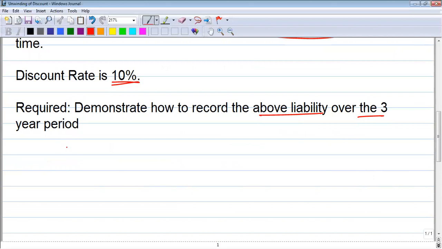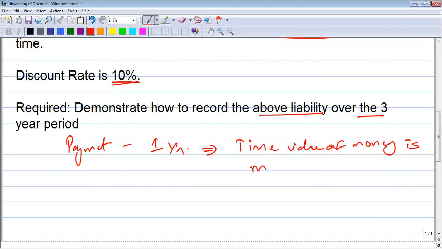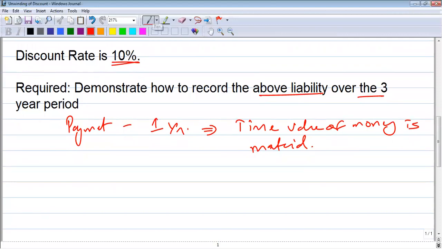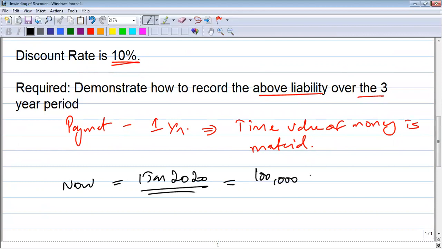First of all, usually whenever the payment is after 1 year, the concept of time value of money becomes material. The concept of time value of money becomes material whenever the payment is to be made after 1 year. It can even be less than 1 year that the time value may become material, but usually it's 1 year. So right now, I'm just going to assume the date as, let's say, 1st January 2020. So you're going to say 100,000 multiplied by